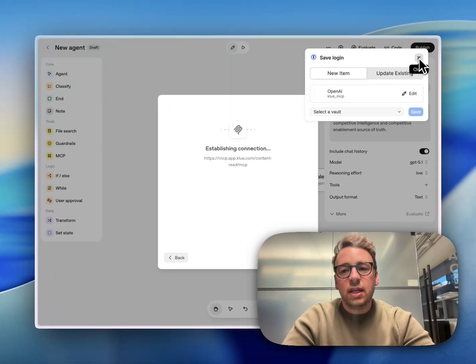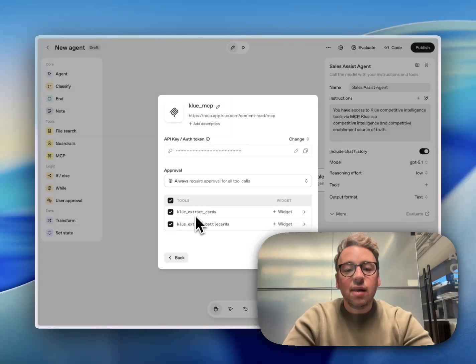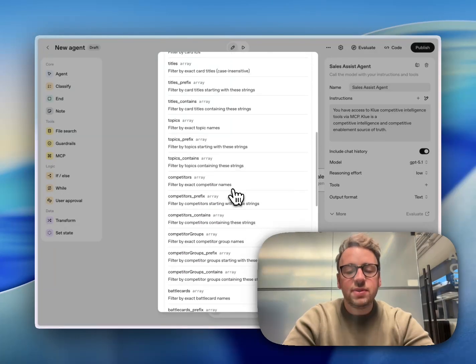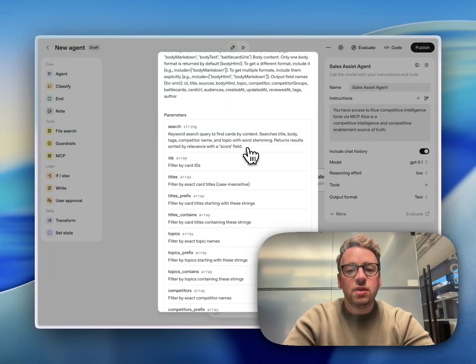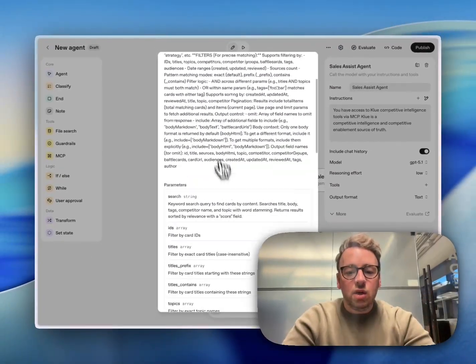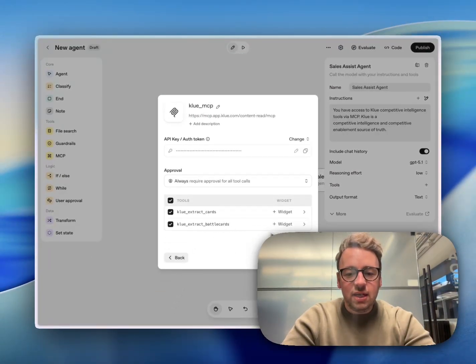And what this is going to do is it will discover the tools that are available to it. It will show me all the different parameters that the system can use. And the most popular one and the default for most agent actions is going to be the search function. This allows it to do keyword search to find card content based on title, body, etc. I'm going to go back here and provide an example of how this works. So once I've done this, I'm going to set, in this case, never require approval, and then tell it to